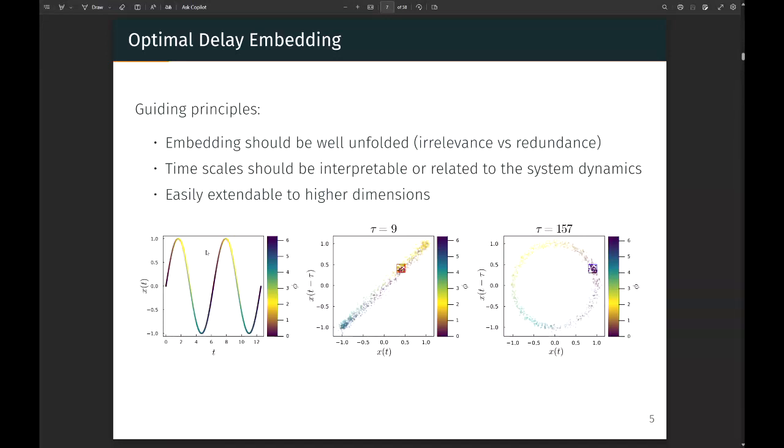To see how this affects it, suppose we have some kind of sine wave as such. I've colored the lines according to the phase. And the idea is, if you did a very small lag, the components are going to be highly correlated, and essentially you get a reconstructed phase space that lies along the diagonal.